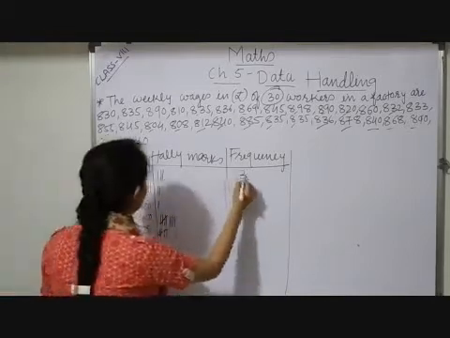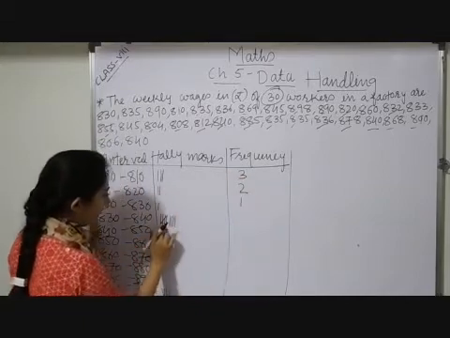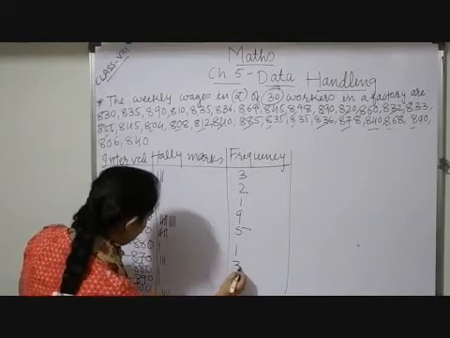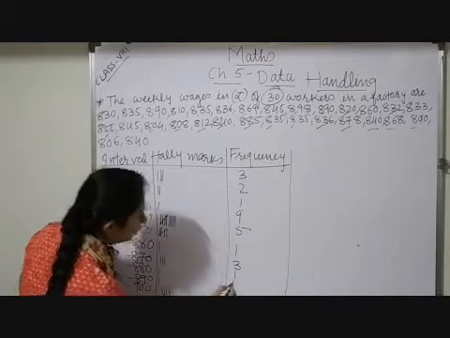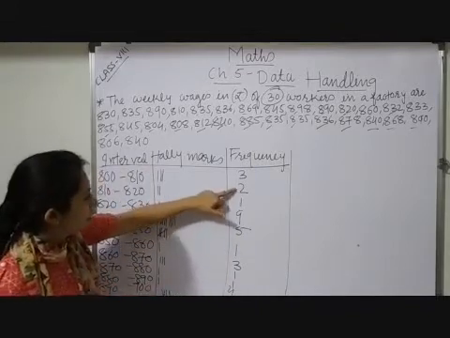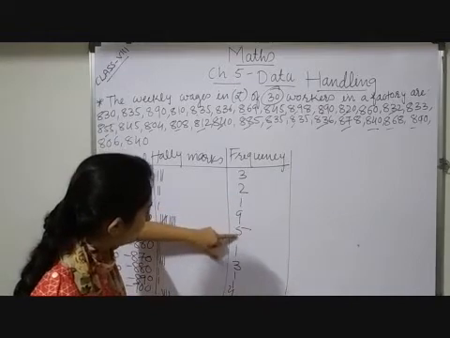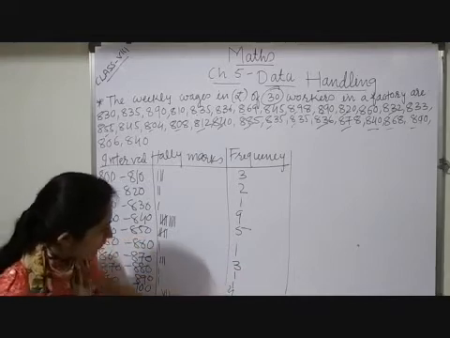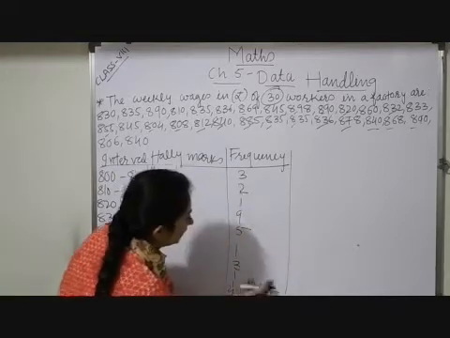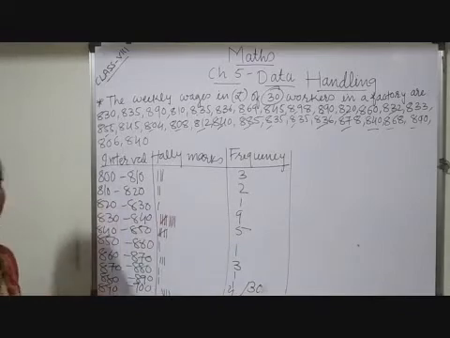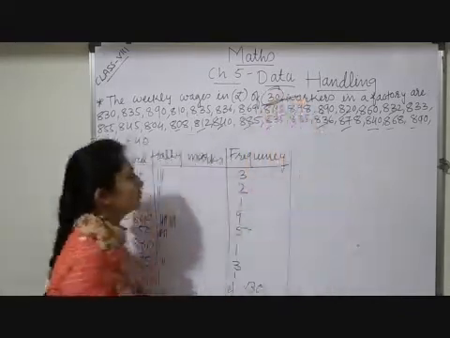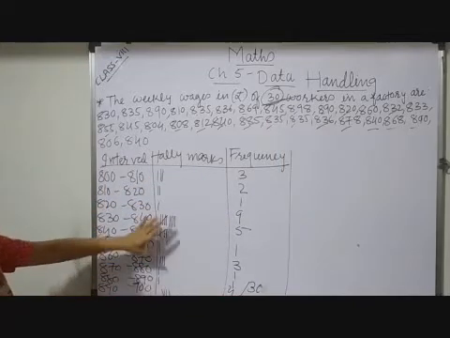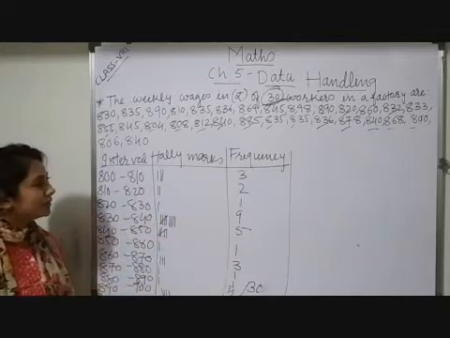How many? These are 3, 2, 1, 5, 6, 7, 8, 9. These are 5, 1, 3, 1, 1 and 4. Now add up: 5, 6, 6 plus 5, 15, 20, 21, 24, 25, 26 plus 4, that is total frequency is 30. You may observe the total sum is coming 30, that is tallied with your question. So like that you may complete a frequency distribution table. This tabular information we are representing is known as a frequency distribution table.